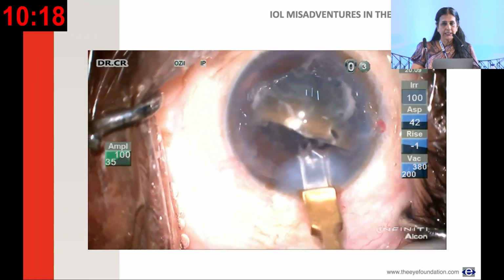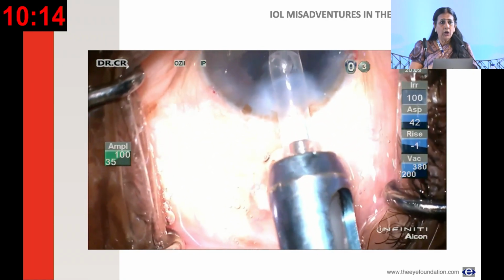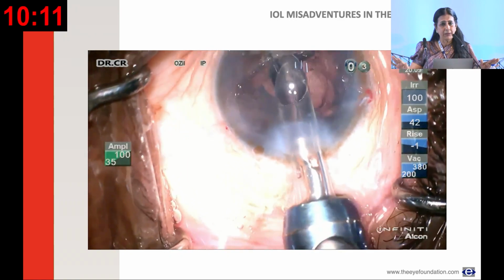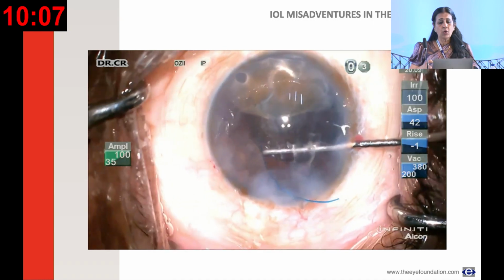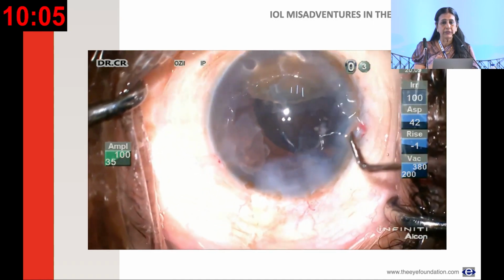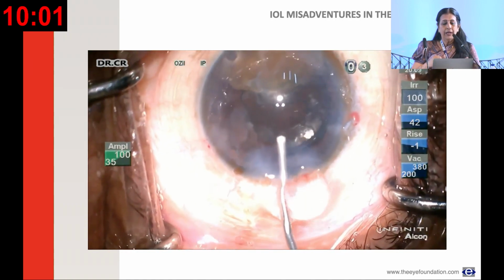I'm just enlarging the incision, and now I would go in and place a 3-piece IOL. Now, if I'm able to visualize the rhexis, I can place it on the rhexis, or I could even place it on the iris itself. There is a lot of work yet ahead. I have to do a vitrectomy, but this IOL will prevent this nucleus from dropping down, and then you would have